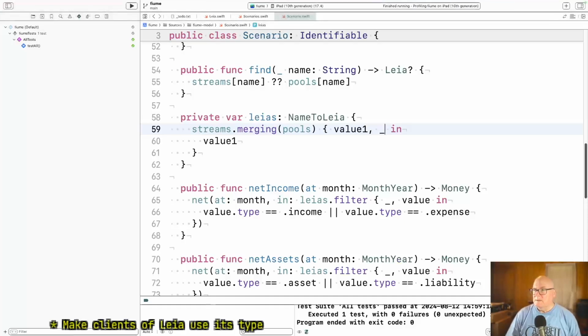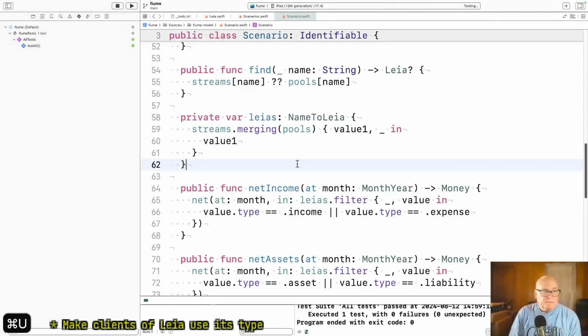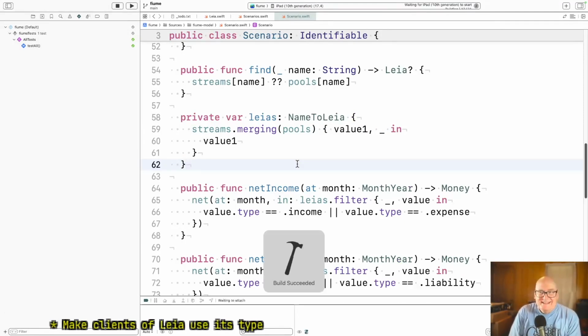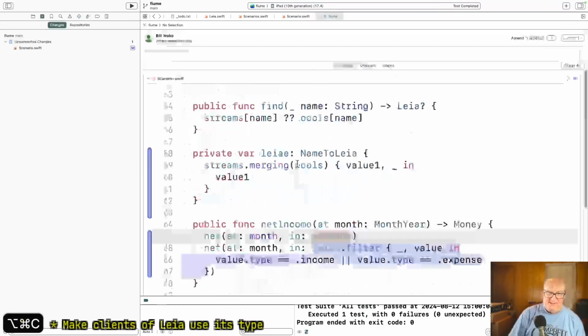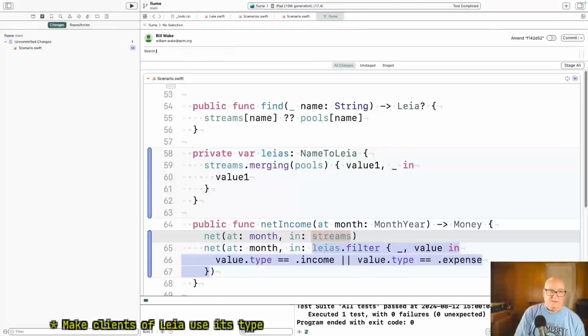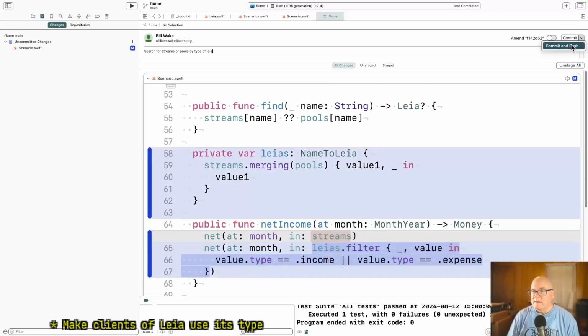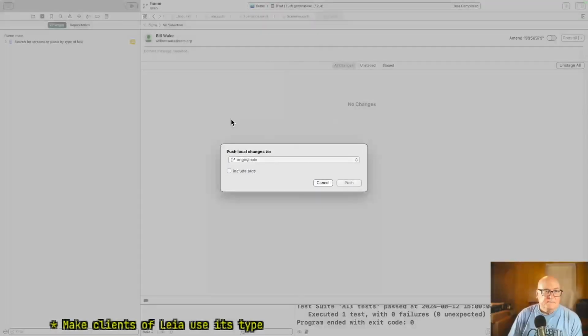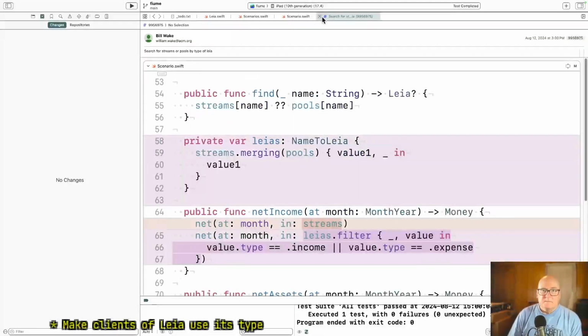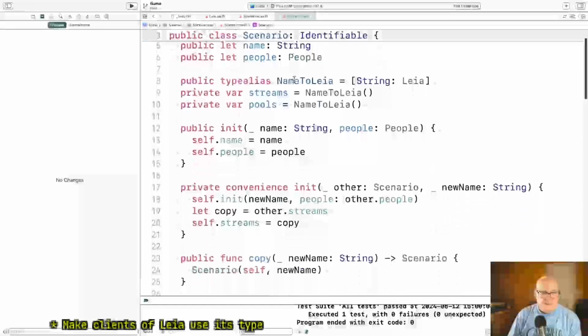Nope, I bumped something. I bumped the profiler somehow. Okay, good. So search for streams or pools by type of Leia. Okay, now